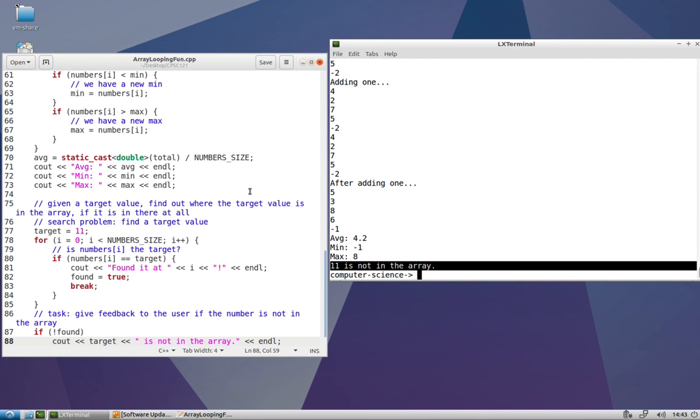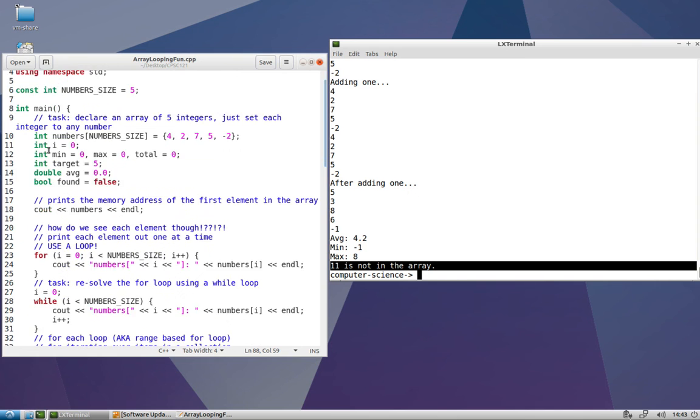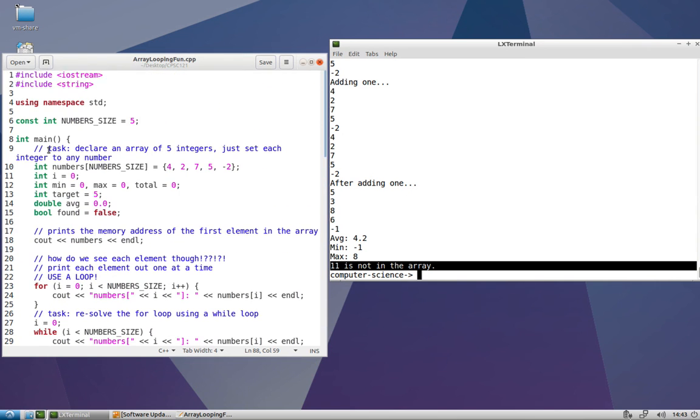All right, we solved a lot of problems in this video. Our main function is long. Why didn't we break this up and write functions in order to solve each one of these problems? Well, the reason why is I just haven't covered how to pass arrays into functions or what you can do with arrays once you have them in a function. But I'm going to very soon. So this is bad design, having this large for loop, having this large main function. We should break this up using top-down design. And we're going to learn about how we can work with arrays and functions